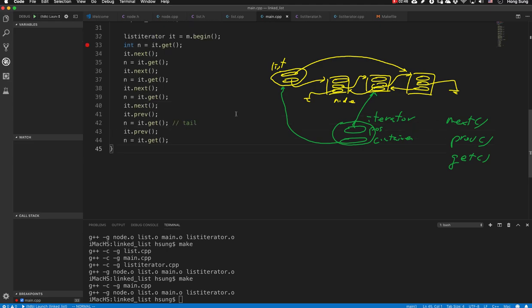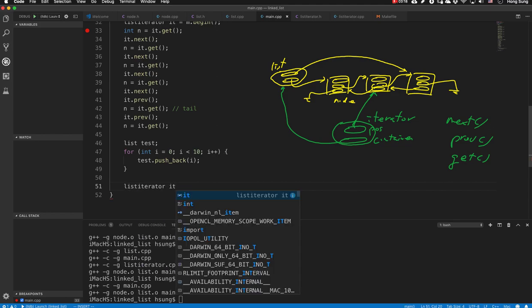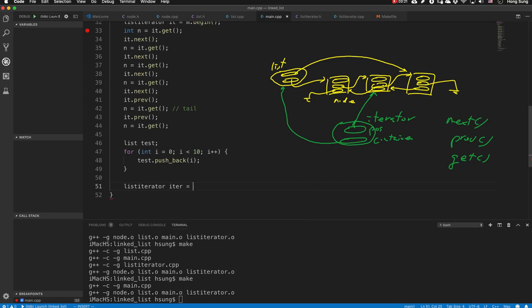Then what we can do is as follows. Let's have a fresh new list test, and then using a loop, i from 0 to less than 10, let's push back i there, so 0 through 9 is pushed. Then let's get those values. So list iterator itr is test begin. So we begin with the very first node,